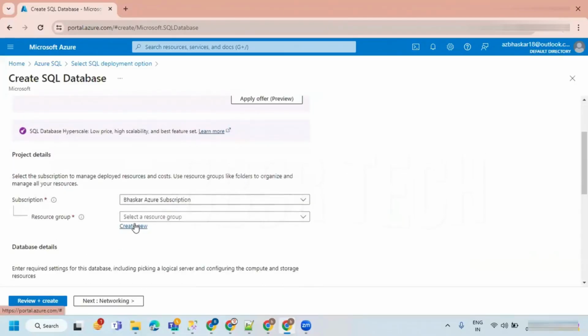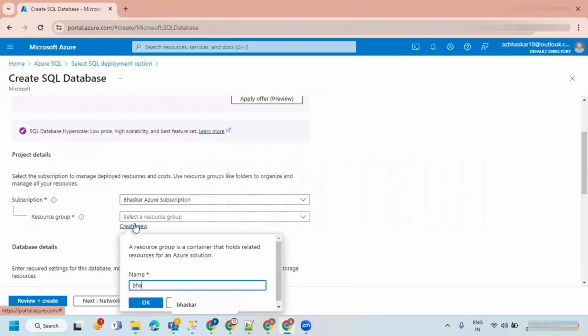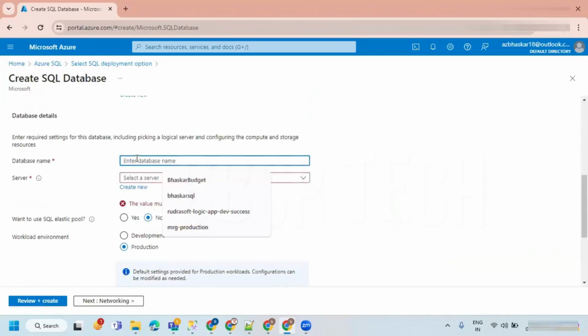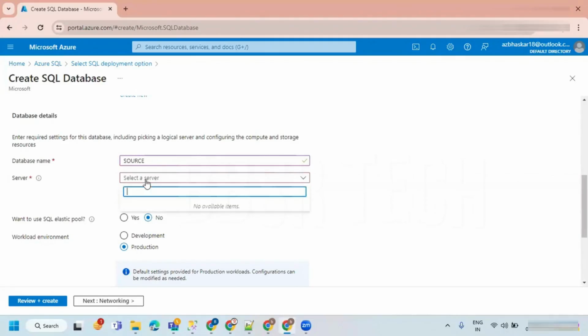And for the resource group, I wanted to create a resource group, Bhaskar-dev. And the database name, I'm just saying source. I already told you, at the time of Azure SQL Server, when you create a database, make sure there should be a server. If you don't have a server, then you cannot have the databases.